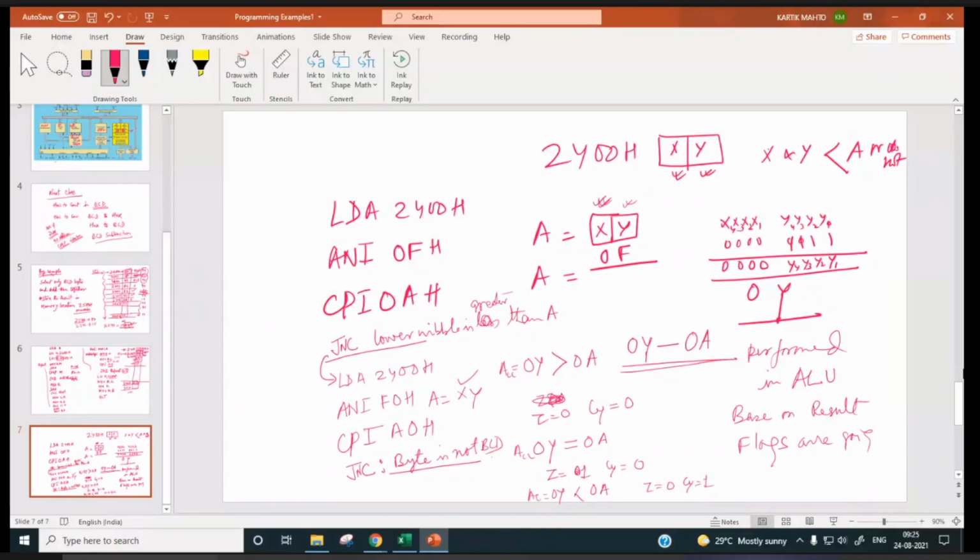So here you can write JNC byte is not BCD. This way you can check.